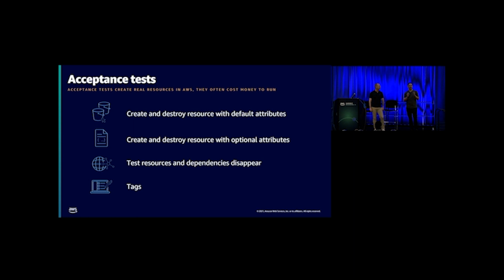Typically the types of acceptance tests that you'll see is what we call the basic test. The basic test is build your resource with all the default values that come from your schema, make sure those default values come back from the API as you expected, and then delete it and make sure that it deletes. Another test that you'll commonly see is with the optional attributes. Every type of configuration option that you can add to your resource, we want to test all of those. And you want to have acceptance tests for coverage of all those different attributes.